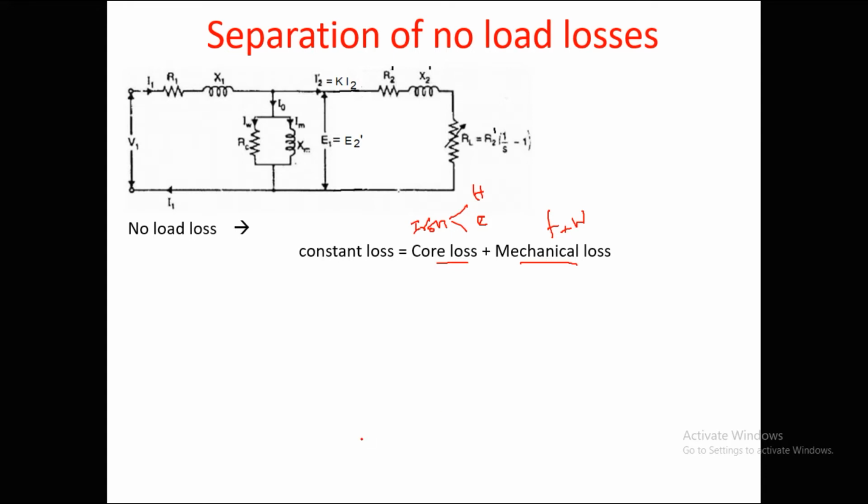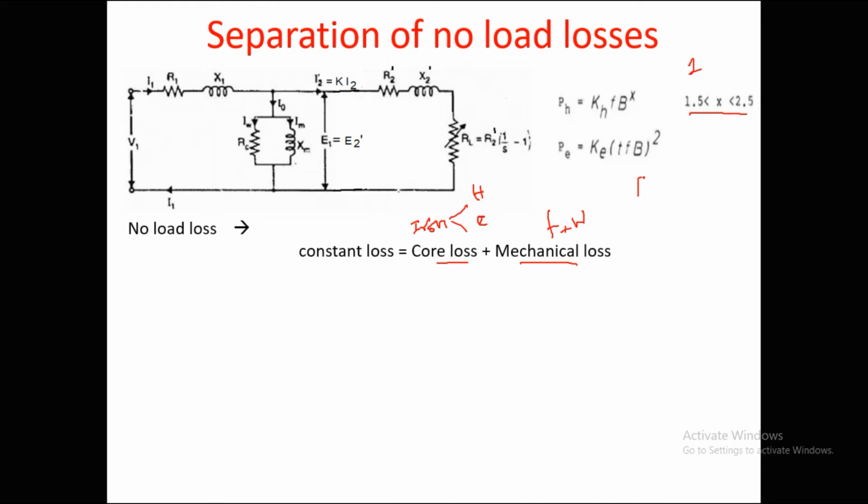Now we'll see the relation between these losses and the supply voltage and frequency. We know the formulas of hysteresis and eddy current loss. Hysteresis loss has a direct relation with the maximum flux density and supply frequency. Likewise, eddy current loss has a direct relation with frequency and maximum flux density. In hysteresis loss, we consider the power of flux density as 2, because the range of this power is 1.5 to 2.5. Just for approximation, we take the power of the flux density as 2.